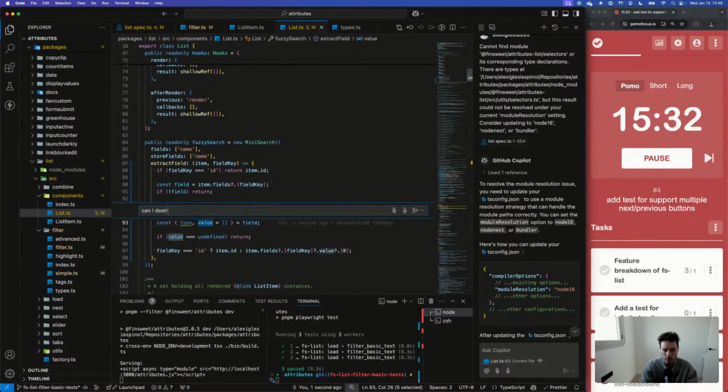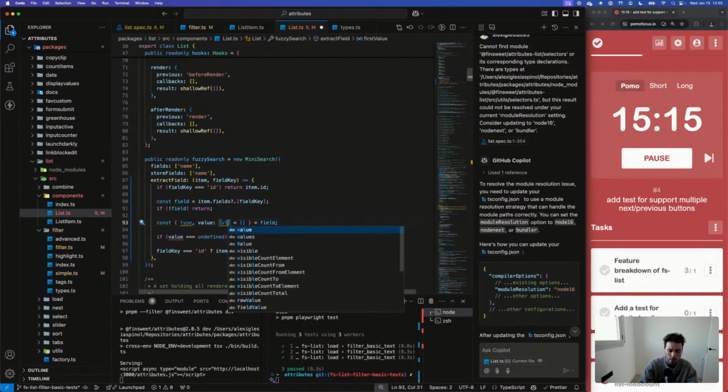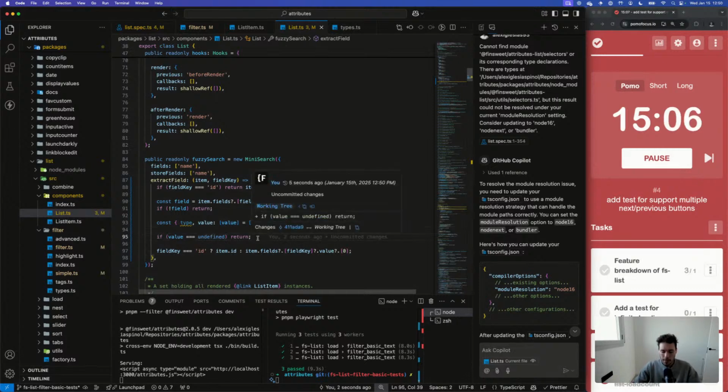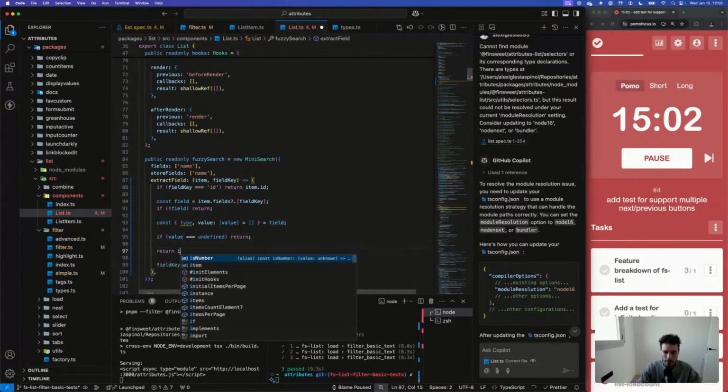Can I destructure value in place to get the first value of the array? I forgot if I can do that in JavaScript. Oh yeah, I can. Nice, cool. Okay, so value is undefined, return.